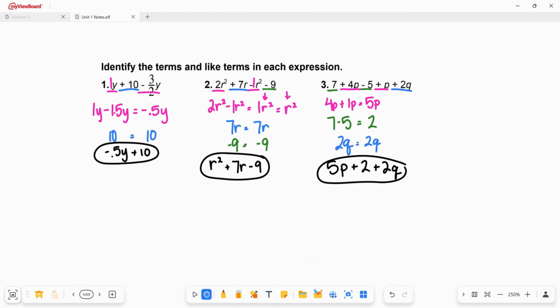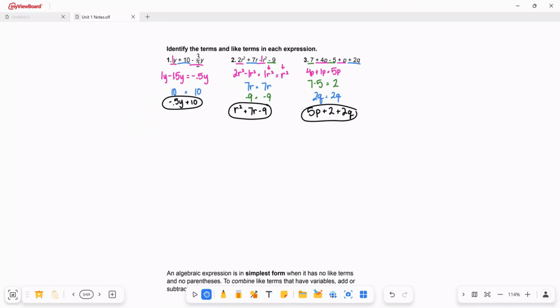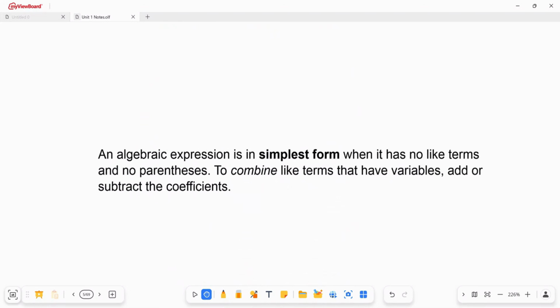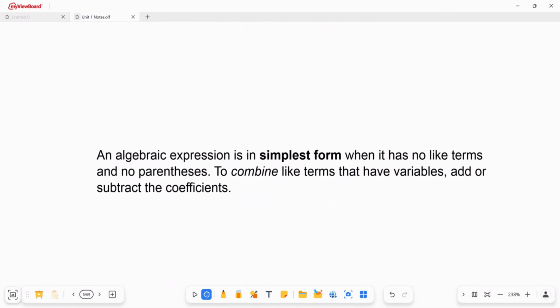All right, hopefully at this point you are feeling a little bit better about it. When we talk about these answers that we're getting to, the correct term for it is simplest form, so we're simplifying. So I would simplify. Okay, everything that we've had so far, when we simplify that final answer that I've written in black and circled,